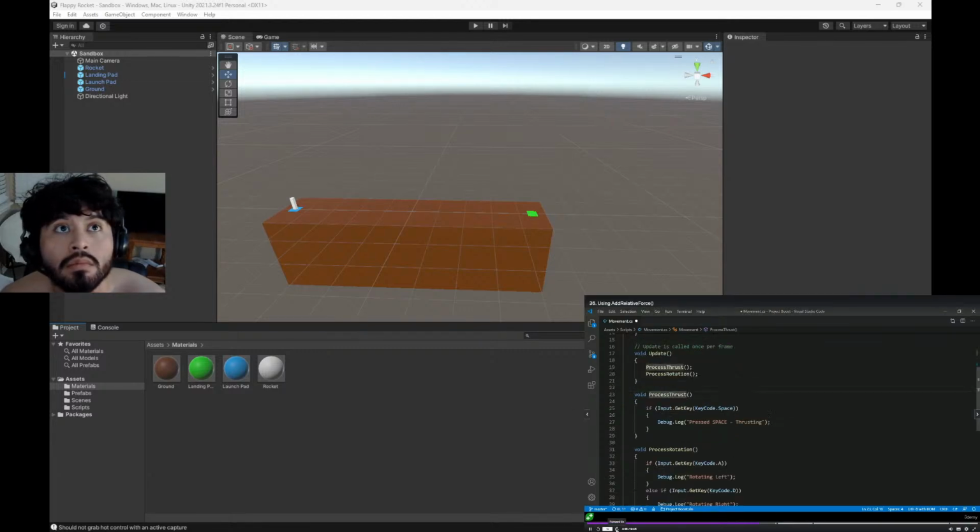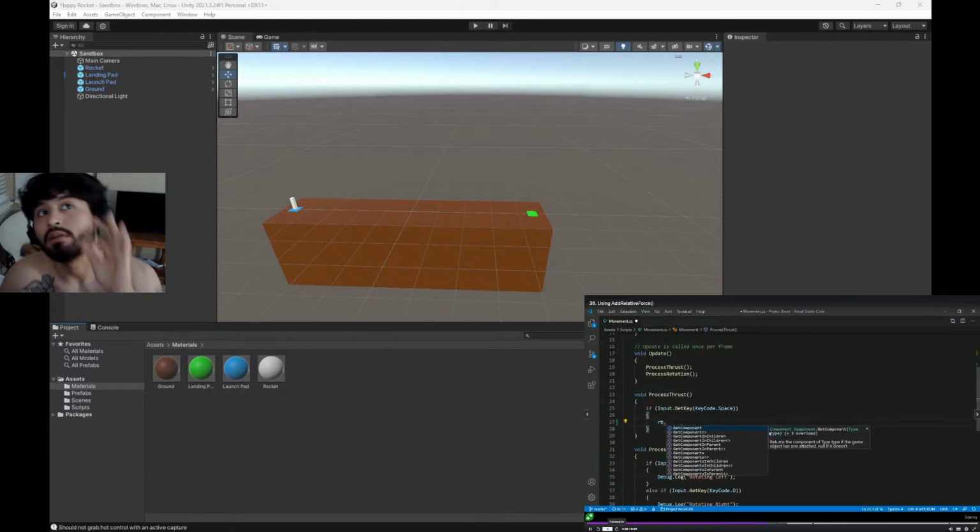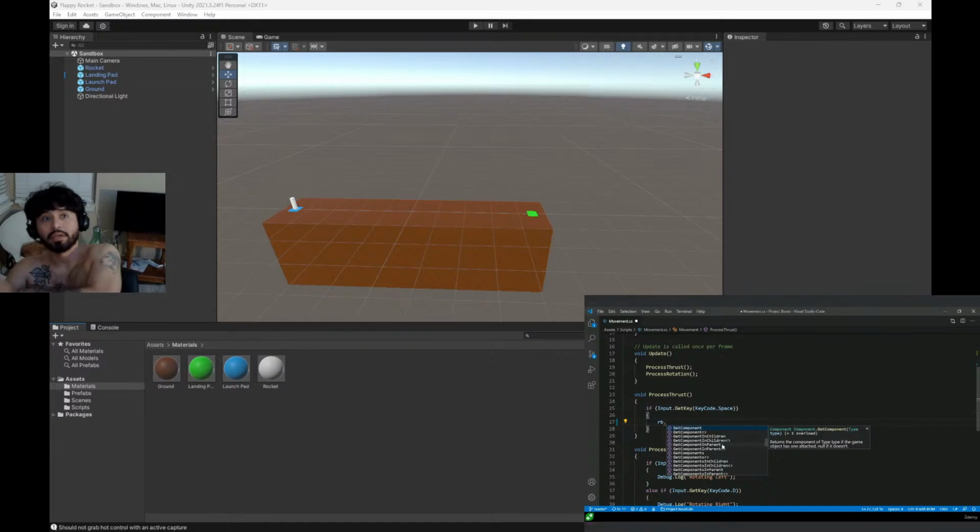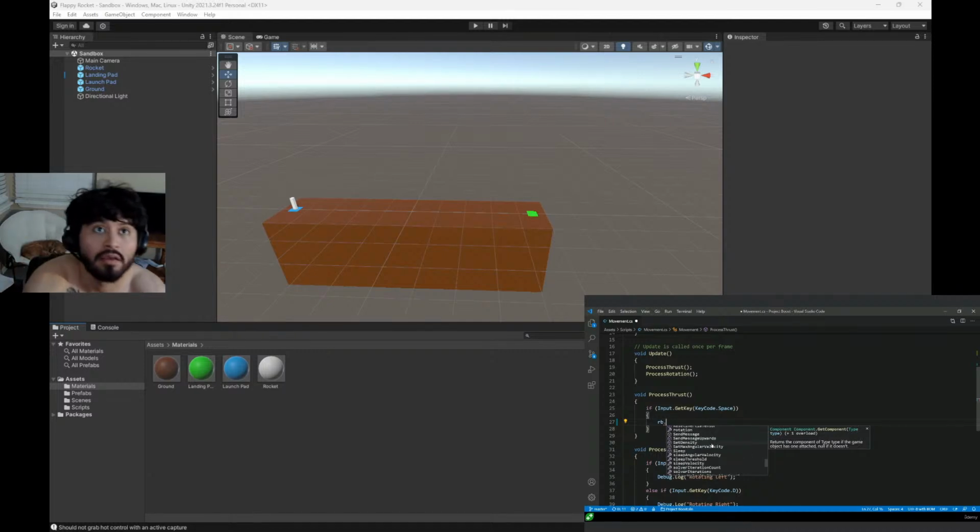Within here, we want to apply a little too much force. Well, I know the answer to this already, but if you didn't, we can have a little look around and see what our options are in here. There's a lot to scroll through, so it'd take a bit of time, but look. Add explosion force, that doesn't quite seem right. Add force, well, that seems pretty good,